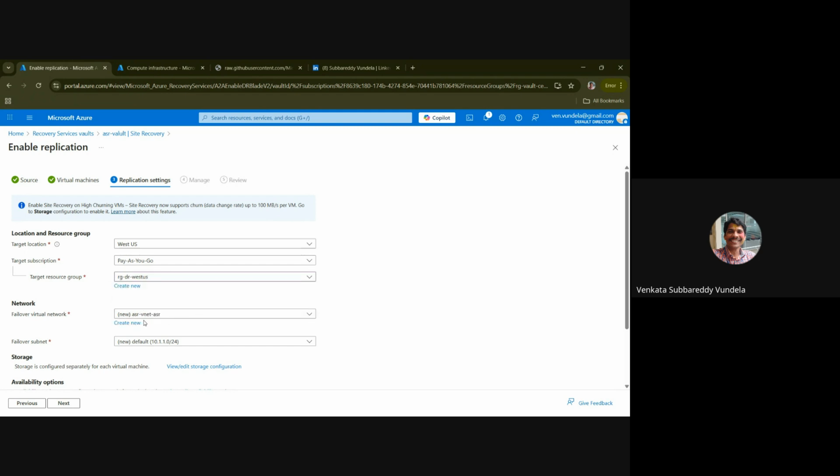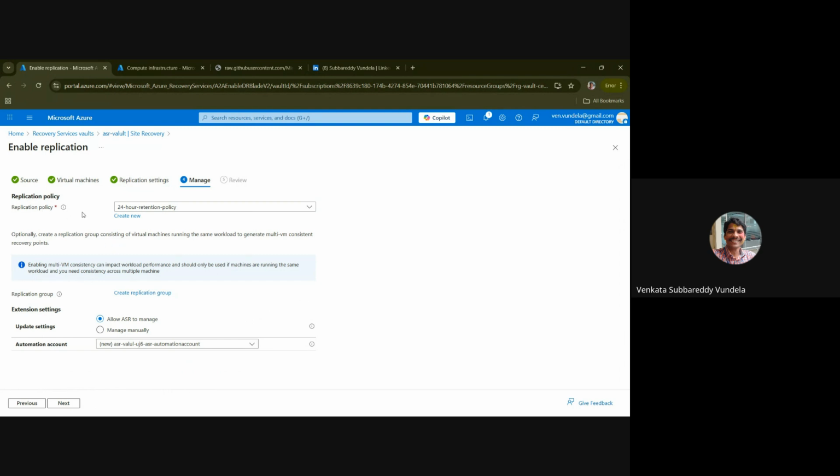Since we didn't create a virtual network, as per best practices we should create the same landing zone as in production. Whatever other resources are created except virtual machines, everything has to be created in the DR, so that we keep the environment ready for test DR or real DR scenarios, which saves a lot of time. But here, as a testing scenario before doing the live case, we are going to create a new virtual network and subnet.